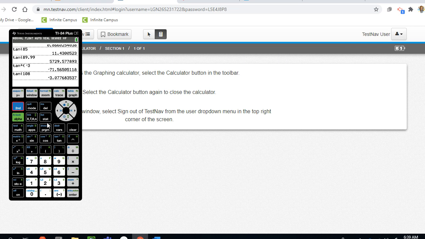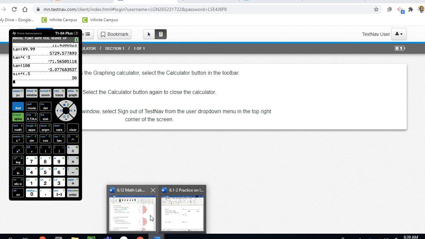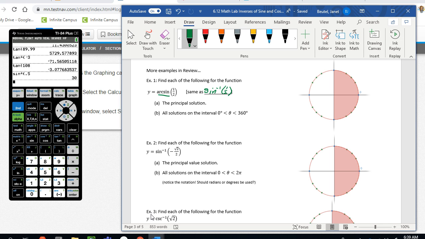The principal solution where it's 1/2, okay, if all else fails, I can go second sine of 1/2, I think it was 0.5, enter. So that's 30 degrees. All right. Here's the thing. I don't like using the calculator on this. I prefer that we have